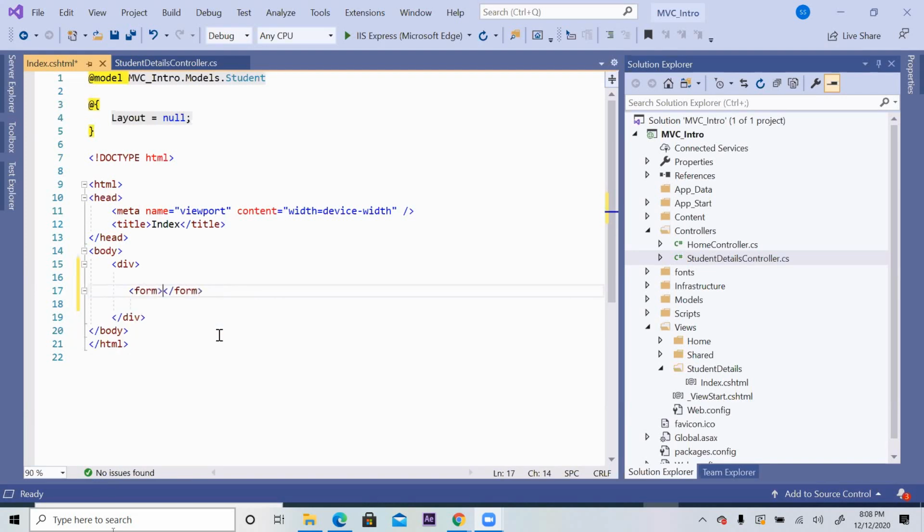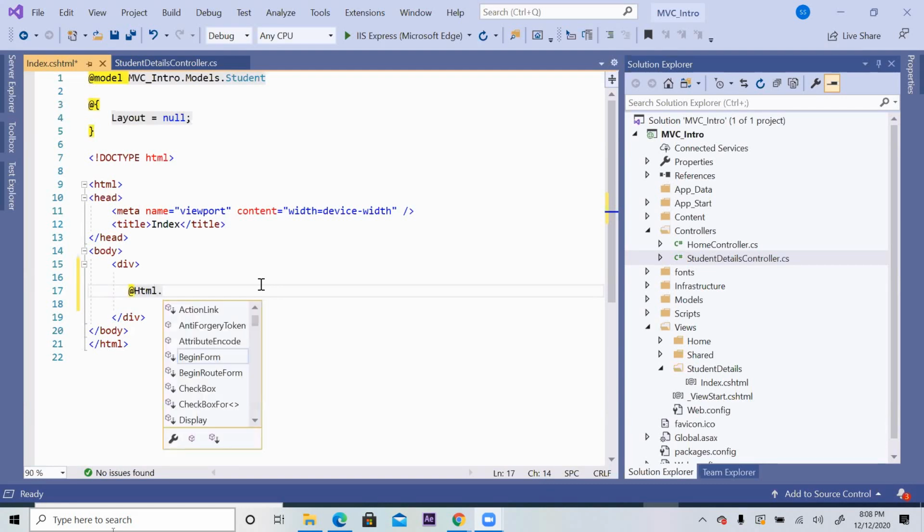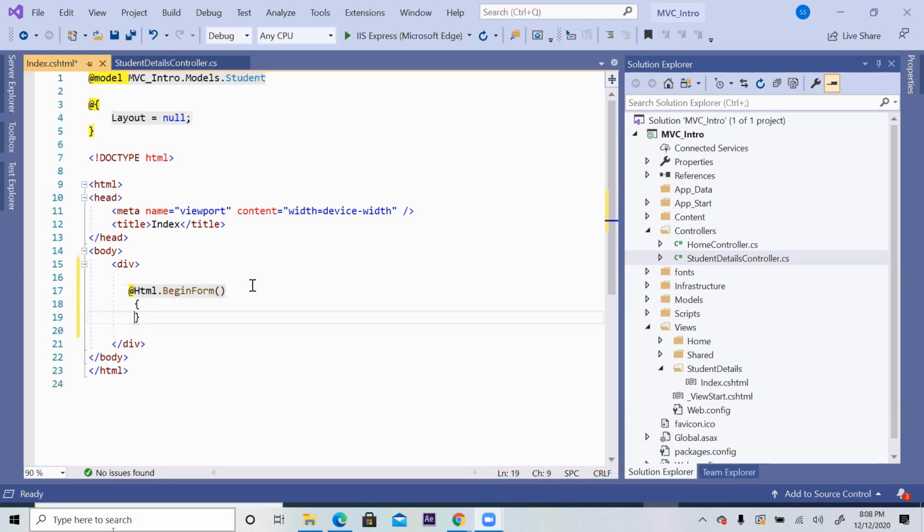That means whatever you know in HTML, that is also applicable here. Okay, @Html.BeginForm. So since we are already using HTML helpers, why not? We will say @Html.BeginForm, right?